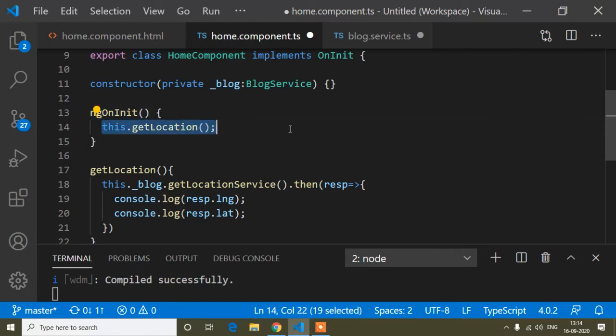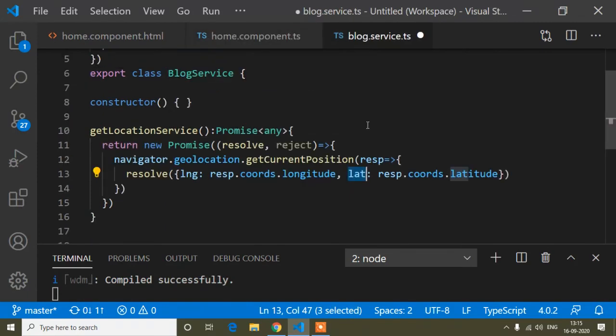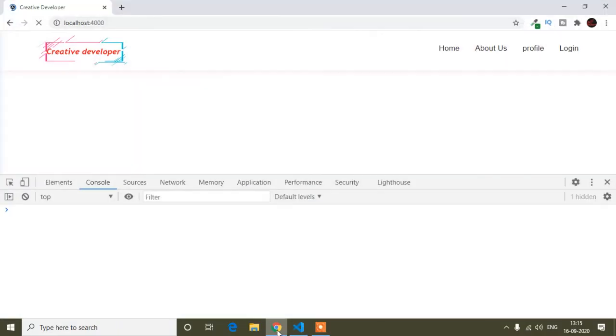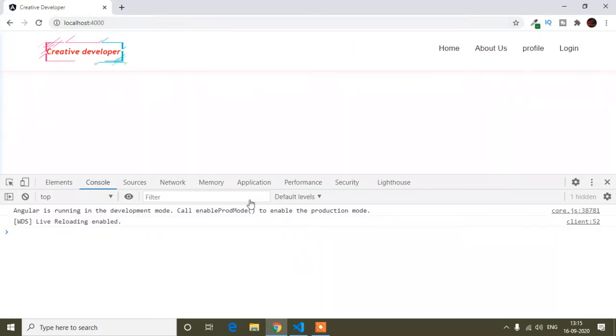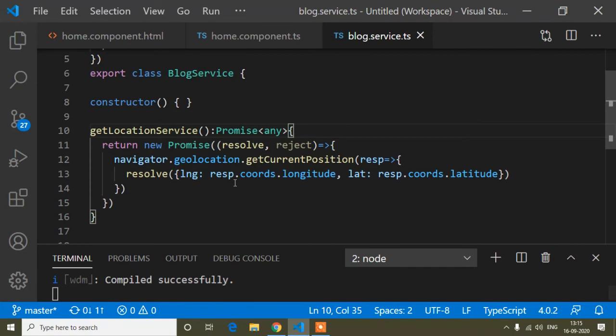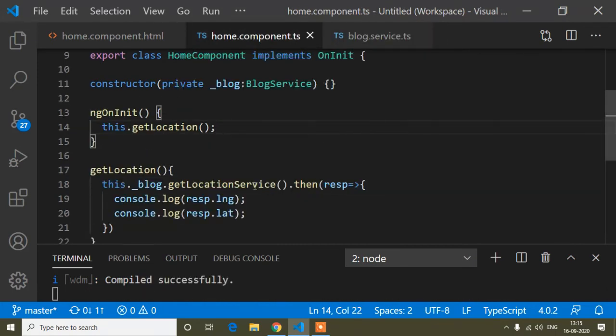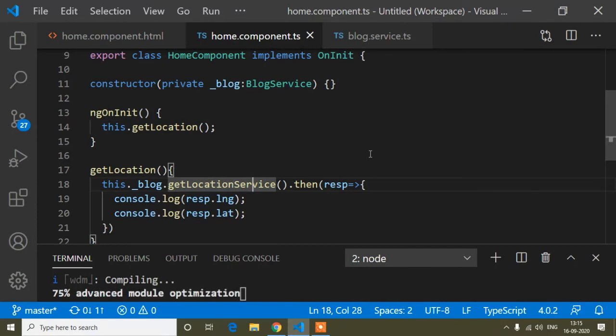So I pass this function in our ngOnInit. Now I will save that, and here I will also save that. So now when our page is loaded, I think I missed saving. Here save again, and here I will save it again.